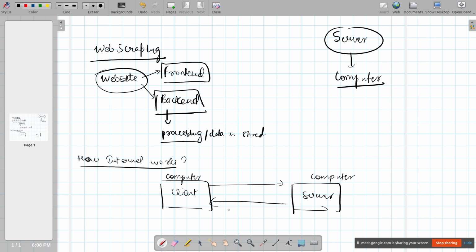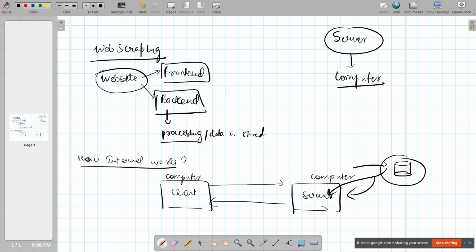You might ask why they will communicate with each other. Because on the server something is there which the client wants to see. For example, on the server you have all the data of Instagram, whatever someone has uploaded, the reels. All that data is stored on the server. To be more specific, it is stored in the database. On this server there is something called a database, which we discussed in the last class. This database is kept on the computer called the server, and all the data is stored in this database.